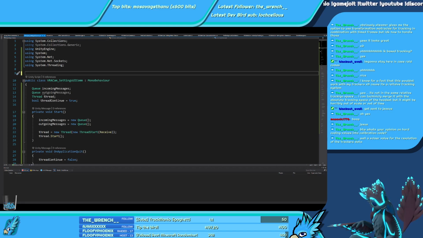Have I not been deep enough to understand the tracker data? Like you're trying to scale the position of it, like a multiplier of the position.